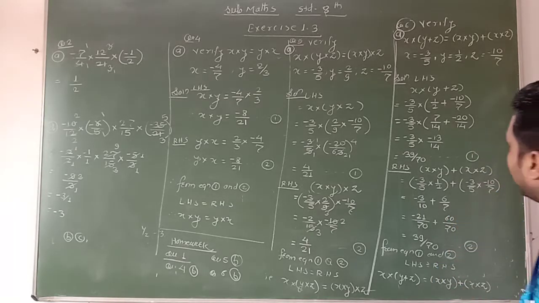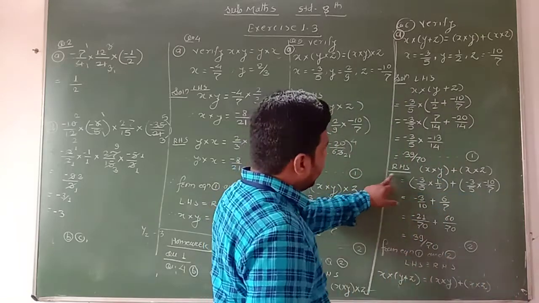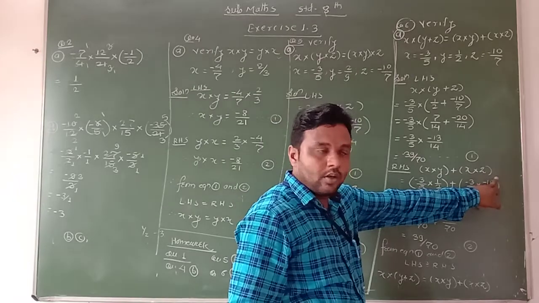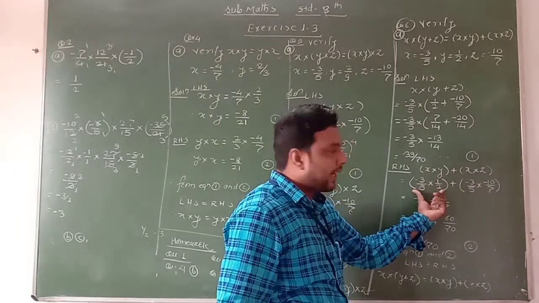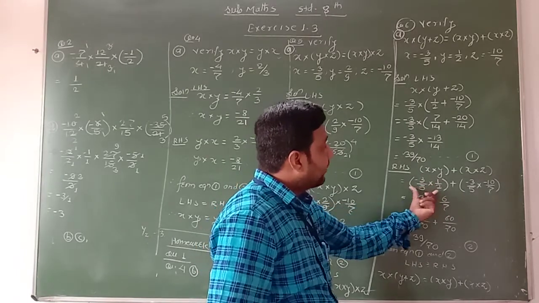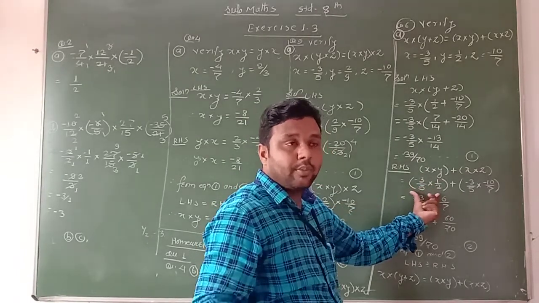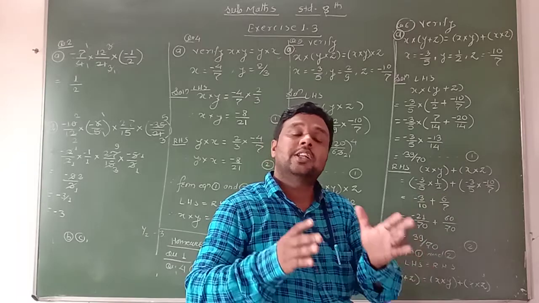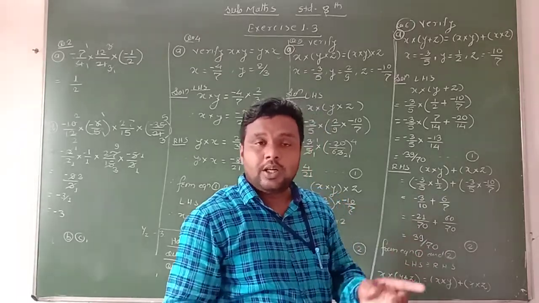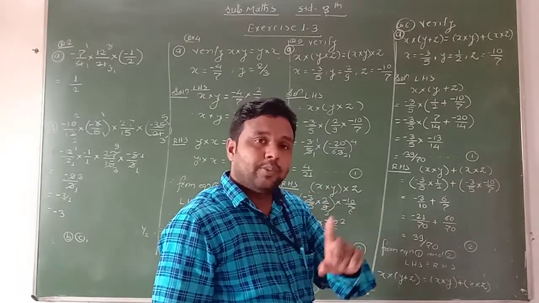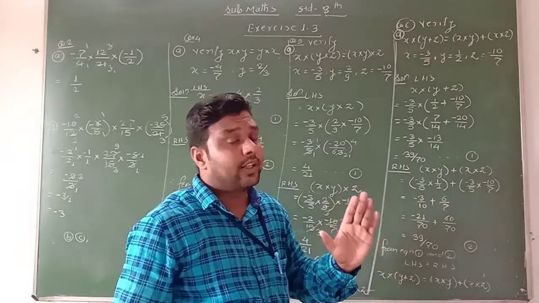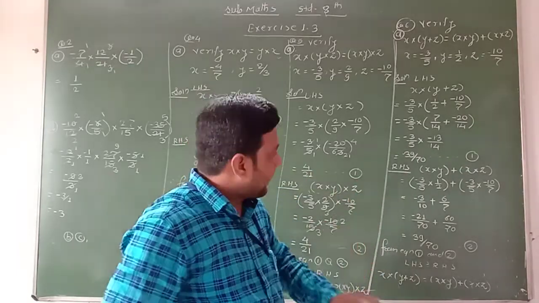And what is the right hand side of the equation? That is x into y plus in bracket x into z. According to the rule, first we solve the bracket. Here we put the value of x, minus 3 upon 5 into 1 upon 2. We have to do the multiplication. Remember that while doing addition and subtraction, you have to find the LCM and make the denominators equal. But for multiplication, simply you have to find the common terms in numerator and denominator and write the product in their simplest form.